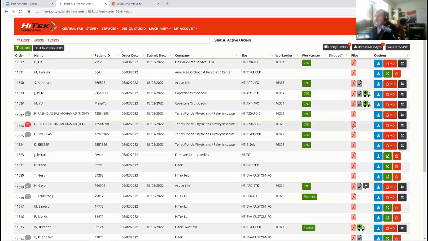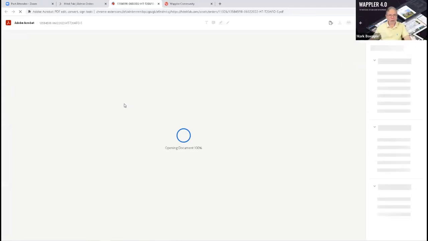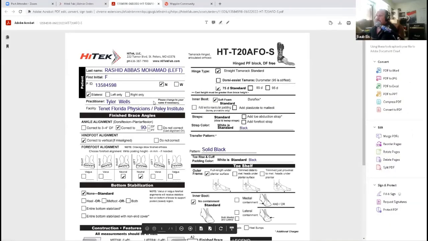We can look at the PDF. So if they need to print these out, they can look at these. Maybe here it'll come up. Next, it's actually loading now. Is this PDF stored on your server or back on the PDF server? Okay, so at this point, it's on our server.